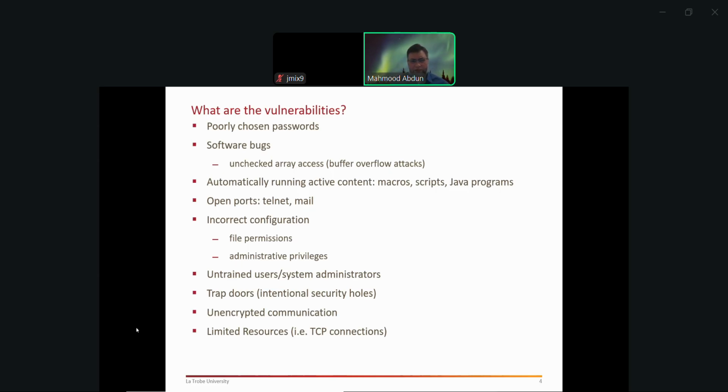Automatically running active content, macro scripts, Java programs. These are also another class of vulnerabilities where your computer allows external scripts or programs to be run, right? So if you remember in the early days, one of the appeals of Microsoft Word documents, Excel spreadsheets, and so on was that it allowed the use of scripts that used to be called macros.